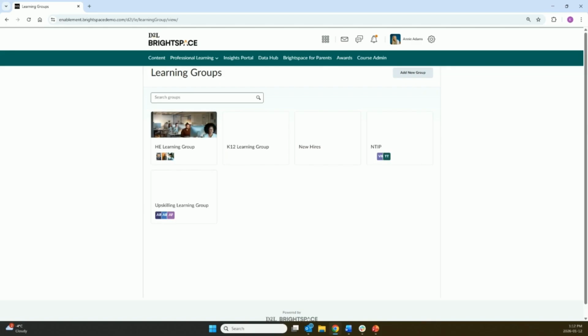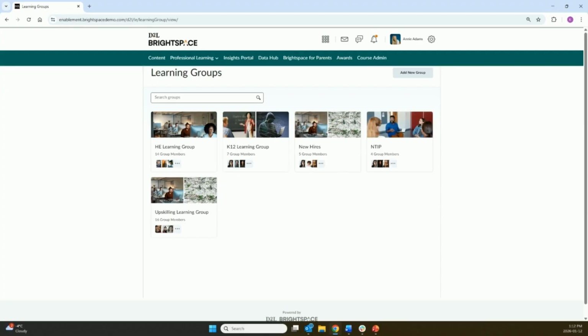As you can see, there are already some created learning groups. By clicking on a learning group, you're able to see the details of the group members as well as the details of their assigned learning. So from here, I'm going to walk through how to create a learning group by clicking on